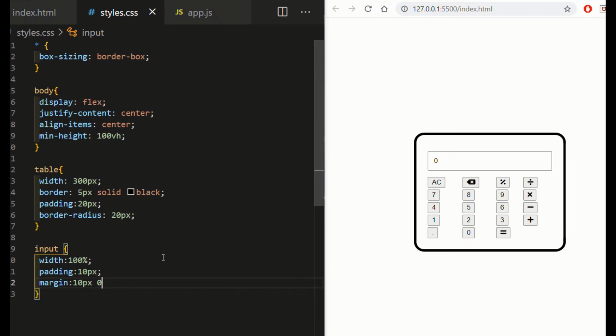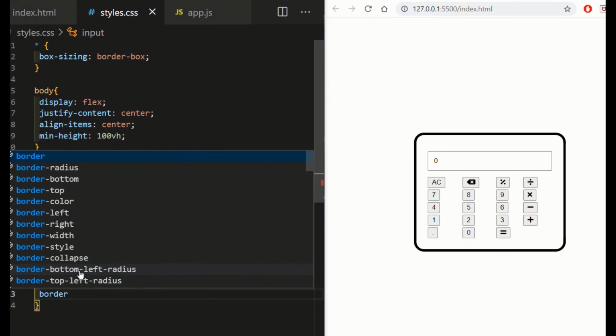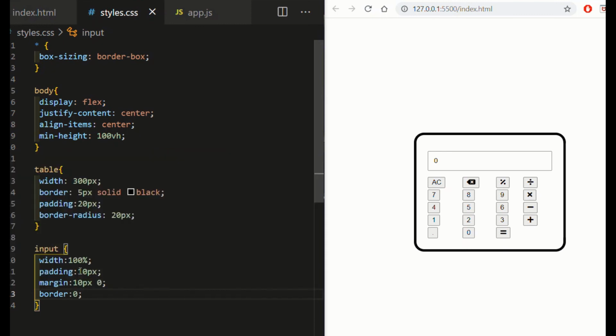So you could see that we are slowly getting the calculator as we're styling. And do we need the border? Border, I will define it as 0, and maybe I would take it off later. I'm just taking off the border as of now because I want to make it 0 at the end. And do we need anything for the input? I think that's fine. But if we are moving on to the buttons,